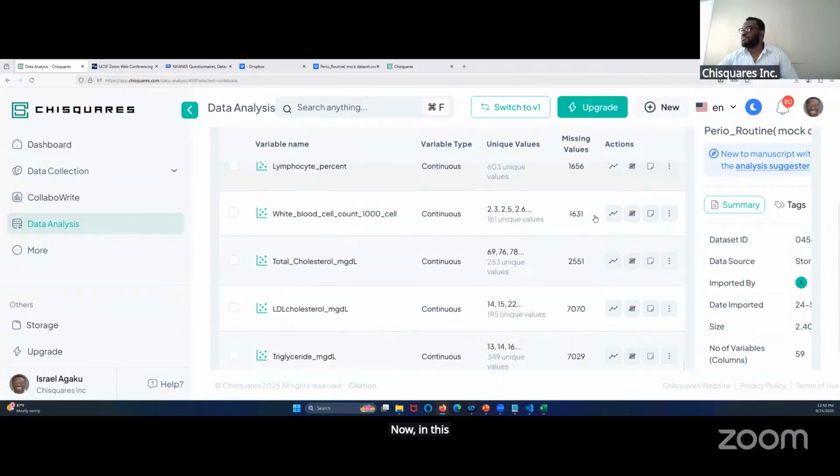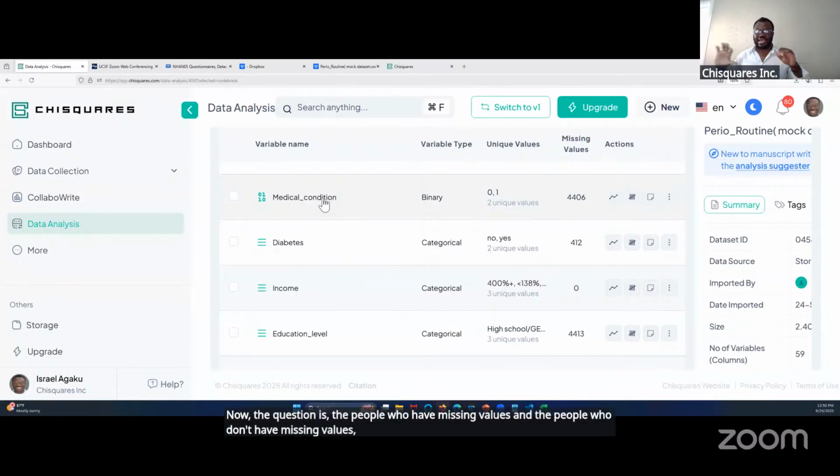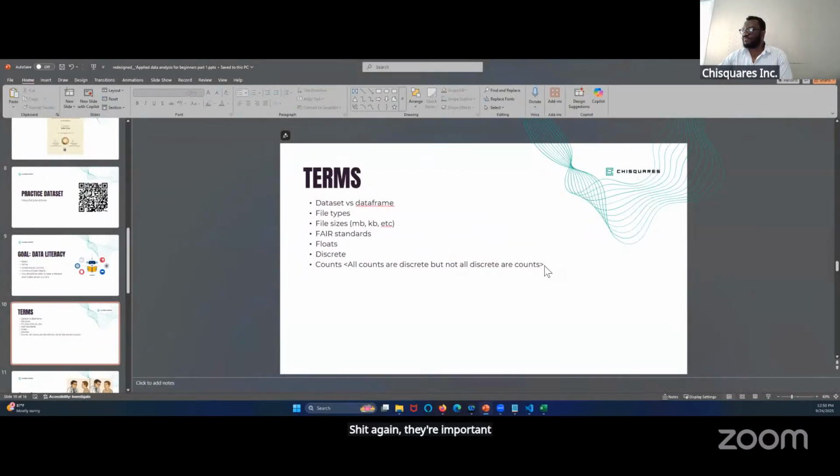In this case, let me look for a variable that has a lot of missing values. We have 4,406 individuals who have missing values for medical condition. Now, the question is, are the people who have missing values and the people who don't have missing values the same people? If they're the same people, well, fine and good. The missing values, sure, are still a problem from a perspective of precision, but not a problem from a perspective of validity. Let me add those two terms to our sheet again that are important for us to be aware of. Validity